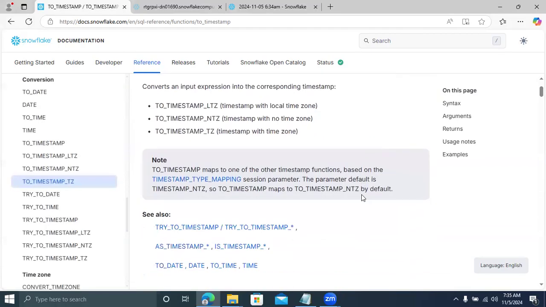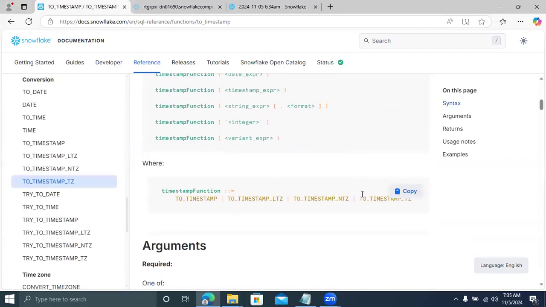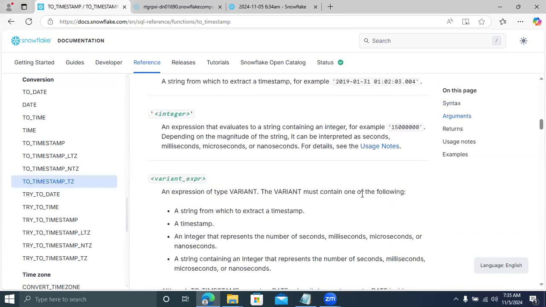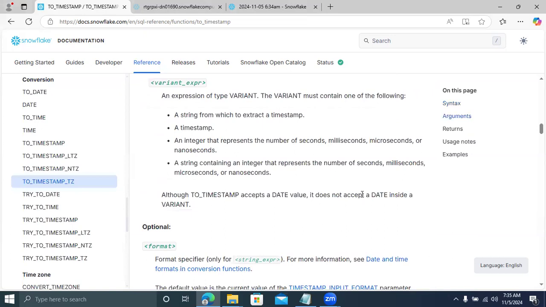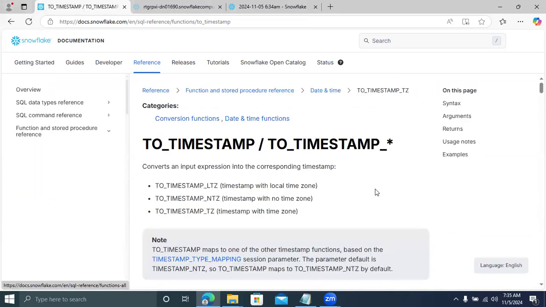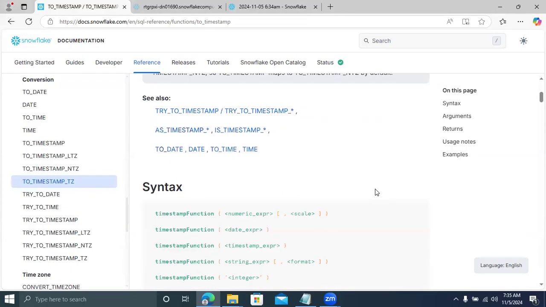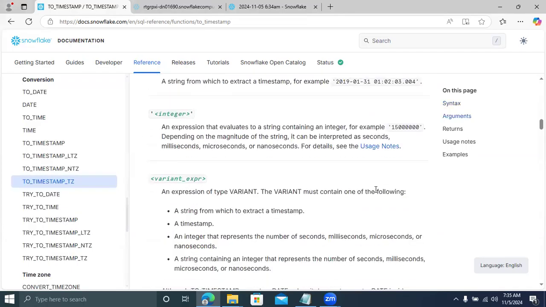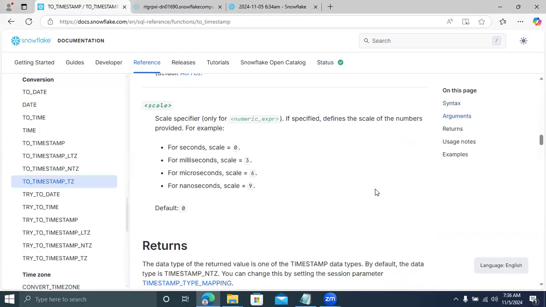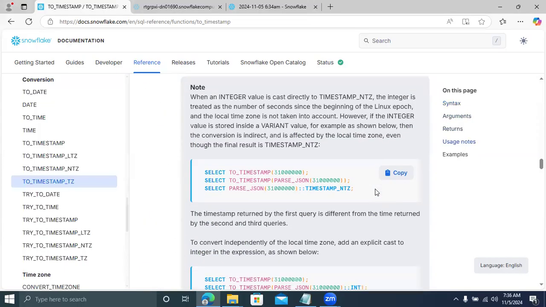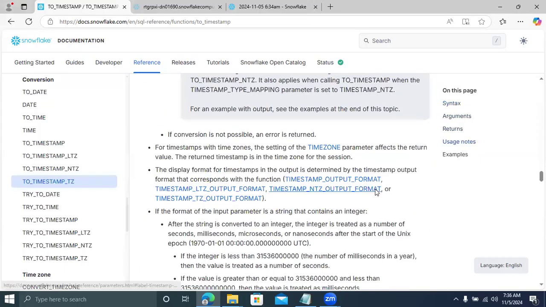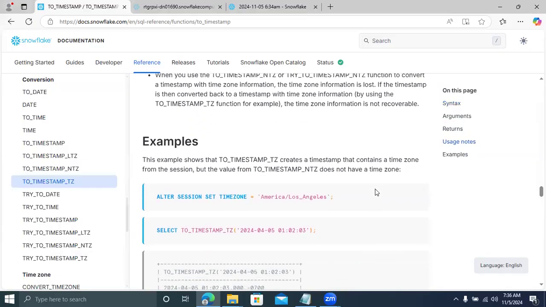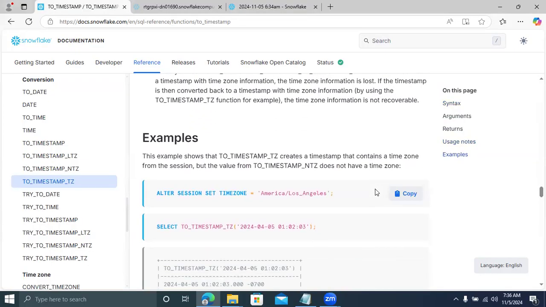Now what we have to do is very simple. For toTimestamp local time zone, first we'll click on this, and it will go to the LTZ. Now, if you want to set any local time zone, the first thing we have to do is